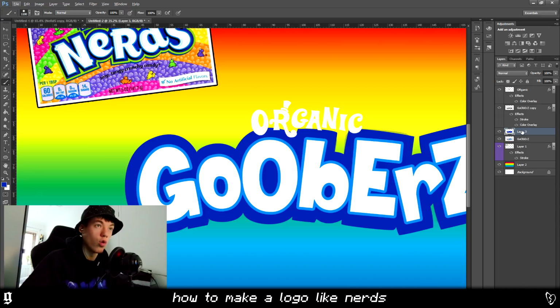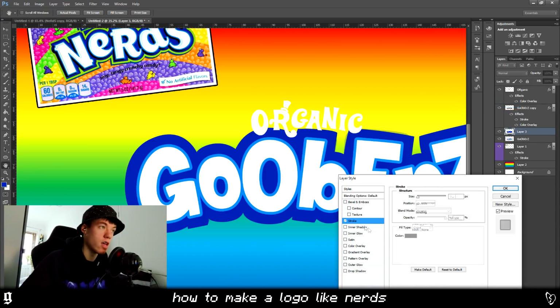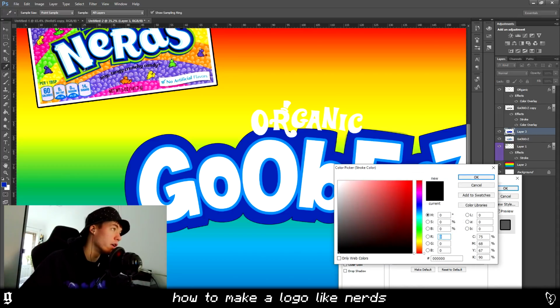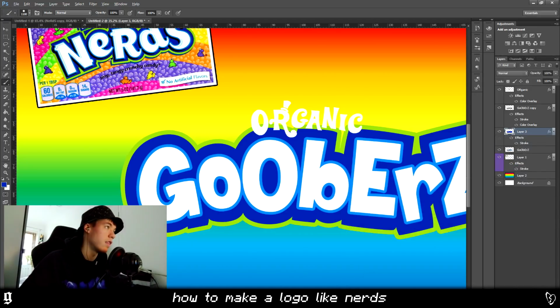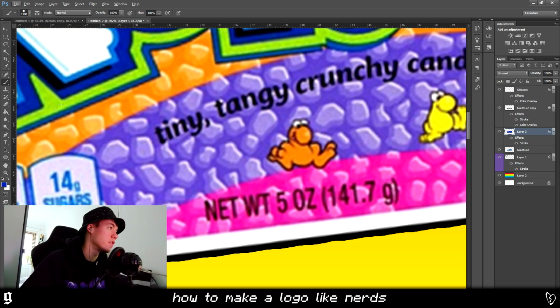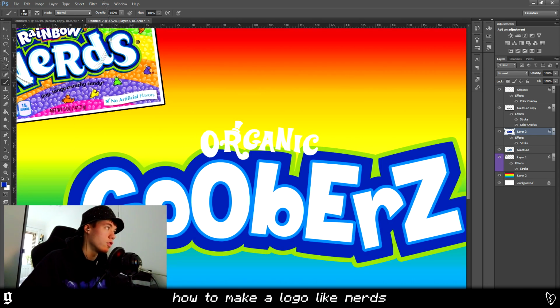Now what I'm going to do is right click on this layer that you've just made, and then I'm going to add another stroke. This stroke is going to be green, like a lime green. Maybe make it about that big there. That's basically just this part here that you can see. Right, once you've done that,